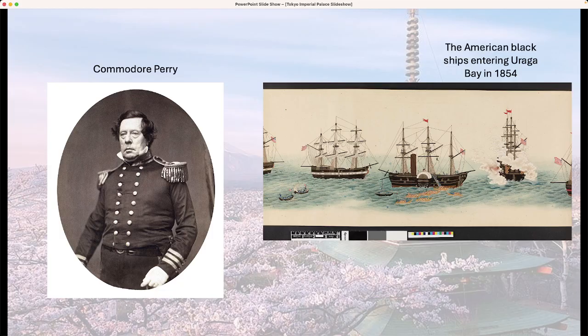And for 200 years, this stayed the case. There was only one Dutch ship allowed to visit Dejima Island at Nagasaki every year for quite some time. But the British tried to open Japanese doors to trade and were unsuccessful. So did the Russians, and they were unsuccessful as well. But there was one Western power that was not going to accept no for an answer, and that was the Americans. In 1853, Commodore Perry arrived with these black ships at Uraga Bay and basically presented a set of demands